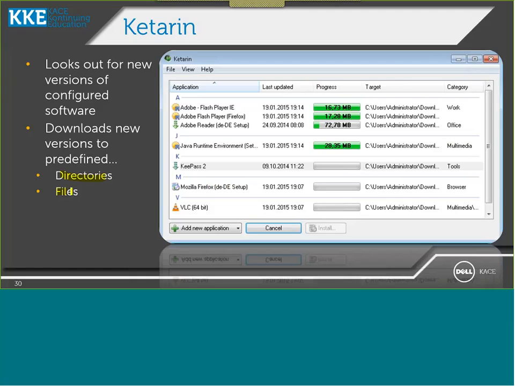What it can also do is let me define the file name. For example, Mozilla Firefox carries the version number in the name. So every time there is a new version, the command to install that application varies because the version number varies. I can tell K2000 to always use the name firefox.exe. So what I can do then is